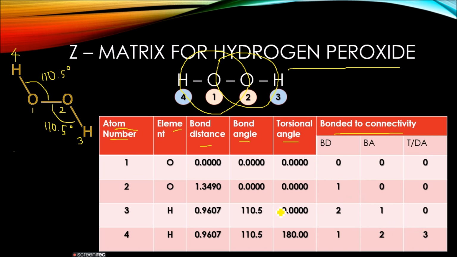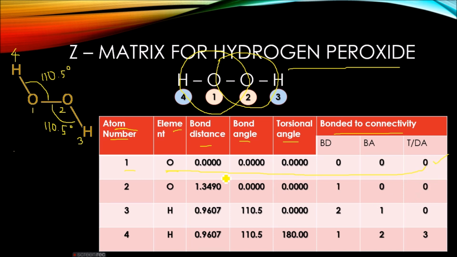So you have the atom numbers 1, 2, 3, 4, and the element is displayed corresponding to that, and the bond distances are displayed. We have to connect the bond distance with the bond connectivity, and only then do you get these values displayed. Atom number 1, this oxygen, is connected to nothing at first, so no values are displayed because we took only this O element. This means it is not connected to any atom.